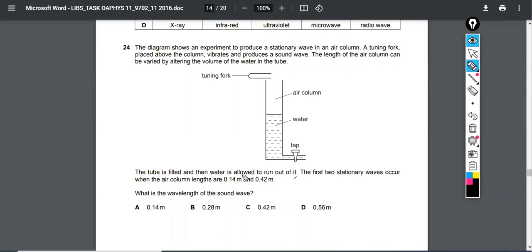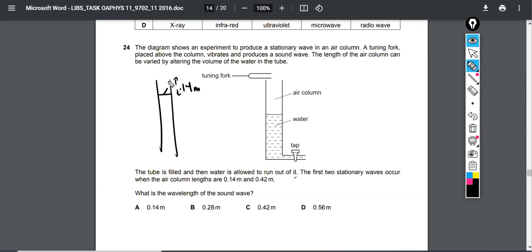So we really want to think about the air column length. Here's the air column, here's the water column. When the air column is only 0.14, that means it's mostly full of water. Let me sketch that here. It's mostly full of water. There's only 0.14 meters